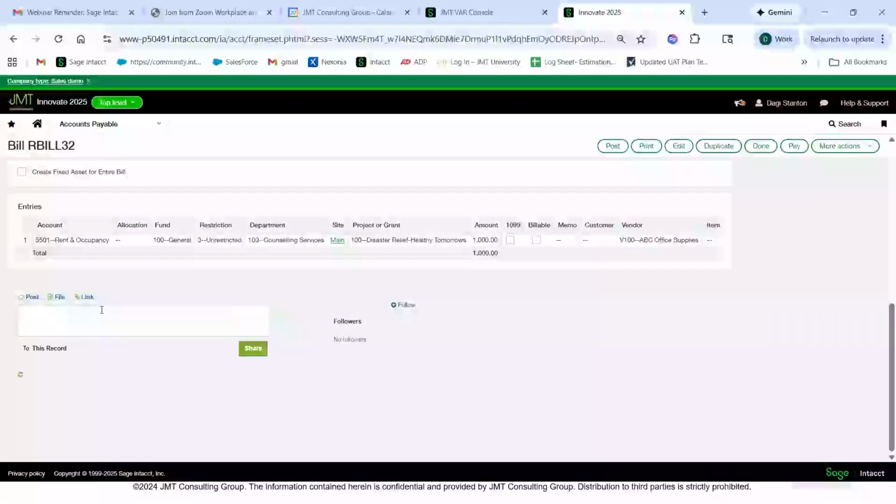If I say, I have another username here, Dougie Stanton, why is this a rent charge or whatever, whatever the question is, when I click share, it'll send me an email. That's the old functionality because I already have it turned on, and I can respond on the email. It'll put the response on this record, and it'll keep it there. It's a really cool feature,